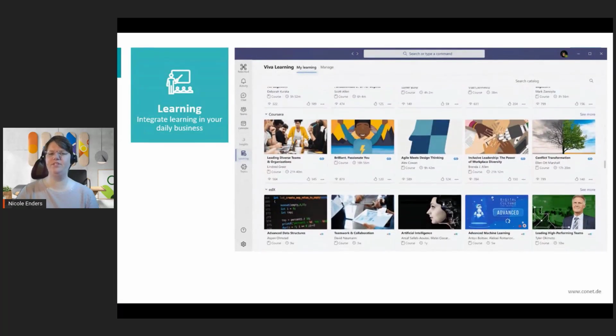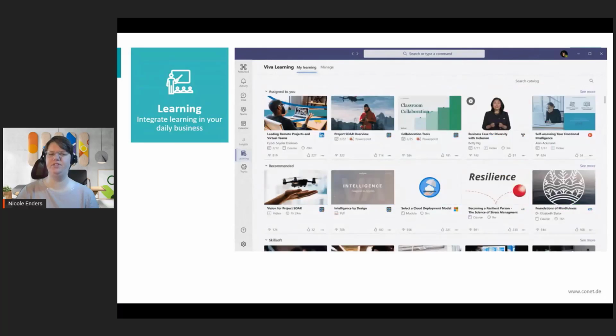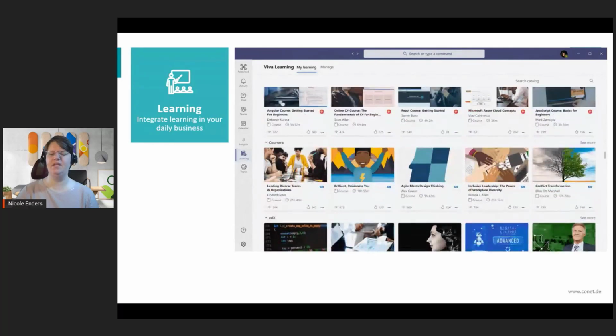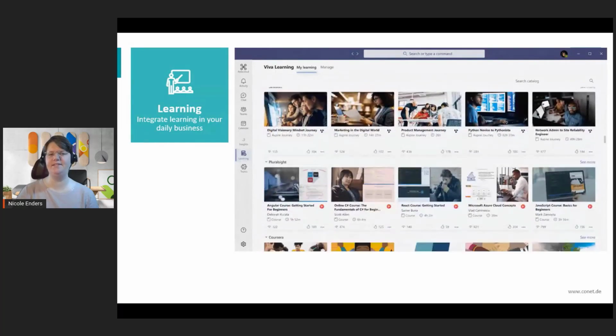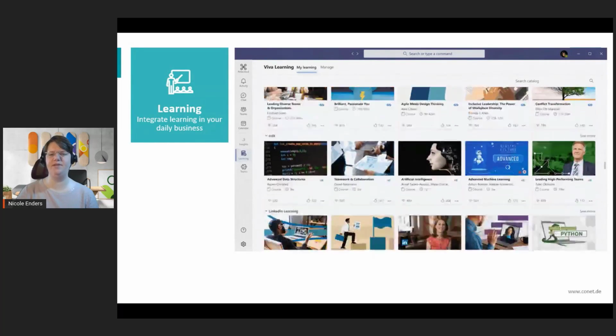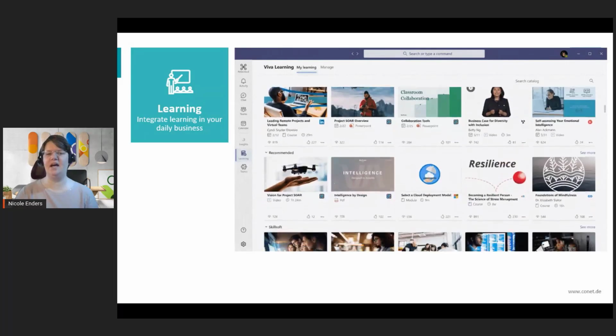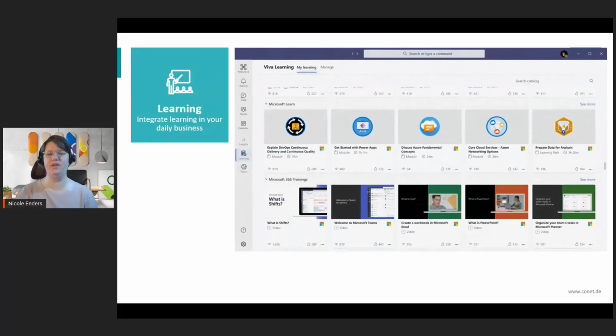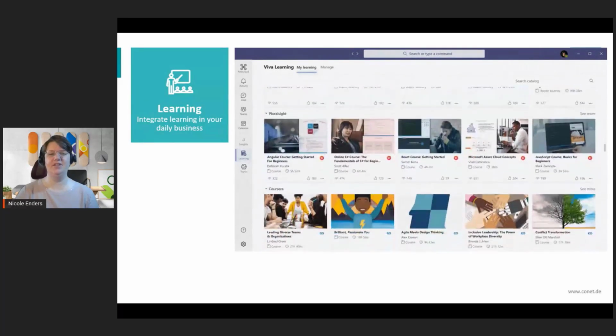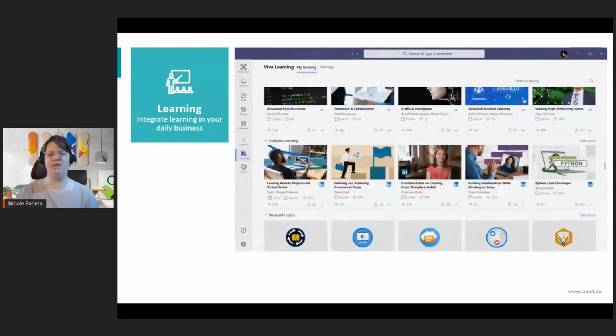And the learning material can be very different. That can be some material from LinkedIn Learning, if you are using this in your company. This can come from MS Learn, and I really would recommend to use MS Learn because you get so much information there.